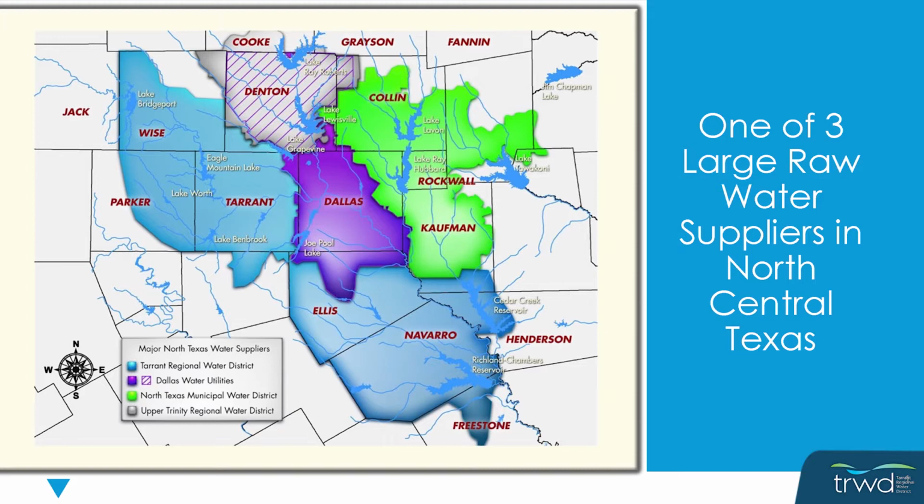And our service area, outlined in blue, covers about all or a portion of 11 counties. Our portion of that population is 2.3 million now and projected to reach 4.5 million people by 2070. So long-term water supply planning is very inherent in what we do, as well as our day-to-day